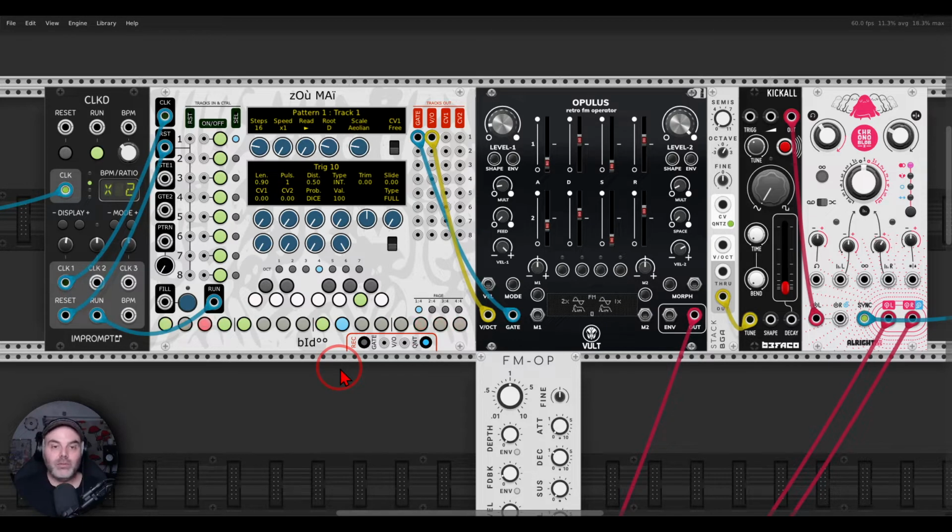And now let's use the CV output. I can use CV1, for example, for the velocity. You can already see I have the velocity attenuators all the way up, so this velocity will control the velocity values of both operators, or both oscillators, of Opulus. Let's say that for step number 1, you can see here we have CV1 and CV2, they will correspond to those 2 knobs. So for step number 1, I want full velocity. Step number 5, I want full velocity, and step number 9,